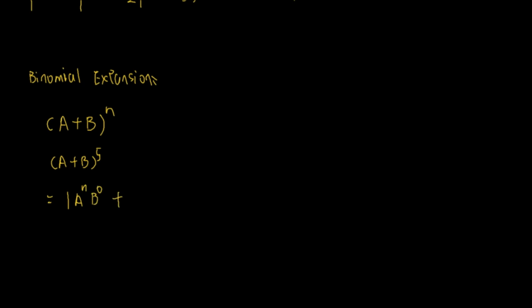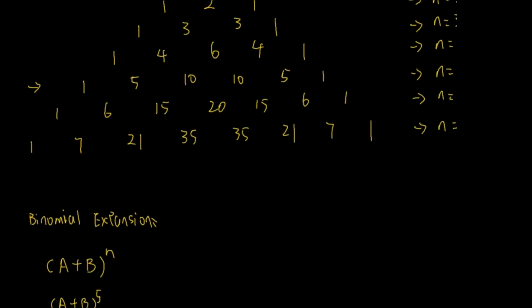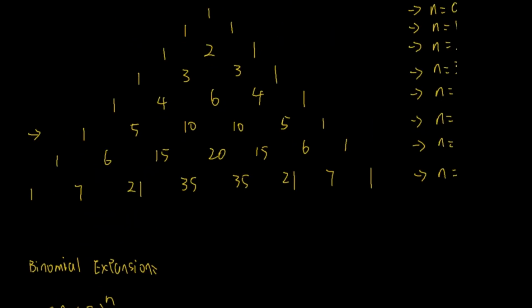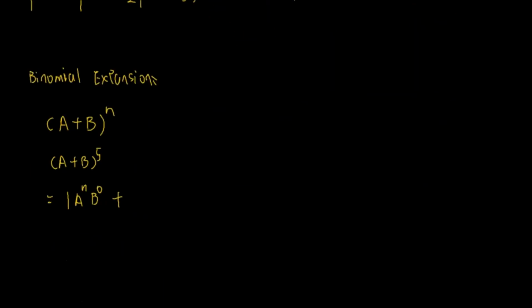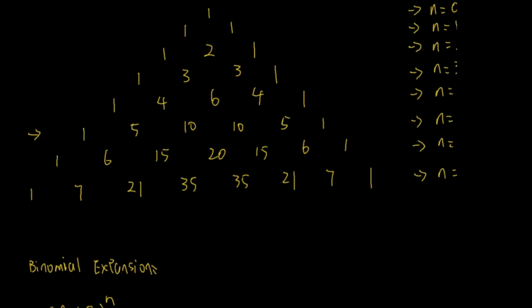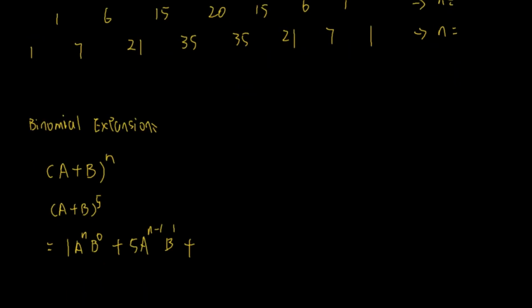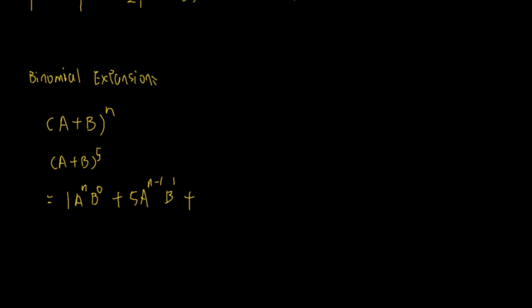Okay, so next term, what is the coefficient here? The next coefficient, we're using this rule, 5. So we have to put 5, a to the power of n minus 1, b to the power of 1. Next term is 10. The coefficient is 10. So then plus 10, a to the power of n minus 2, b to the power of 2, plus